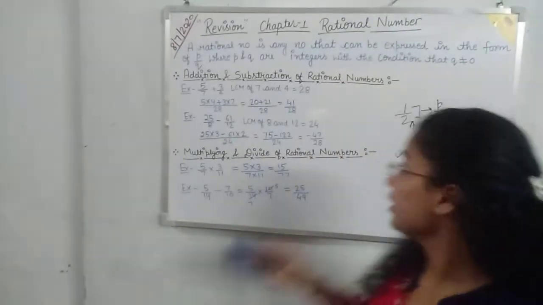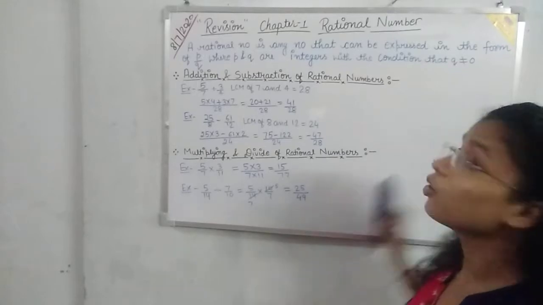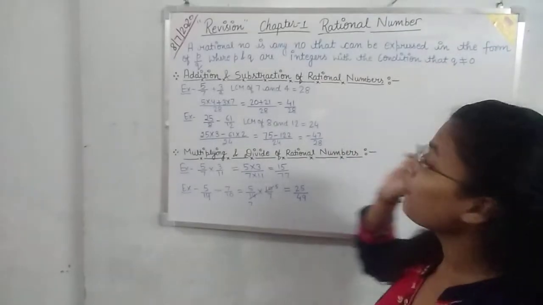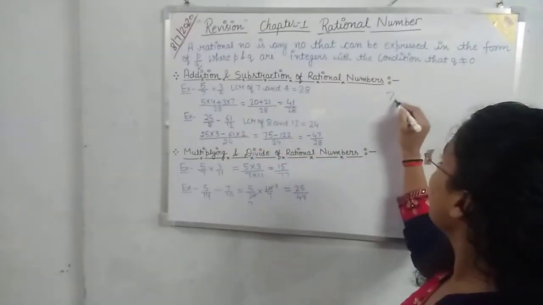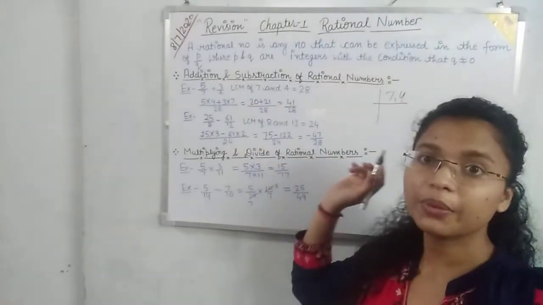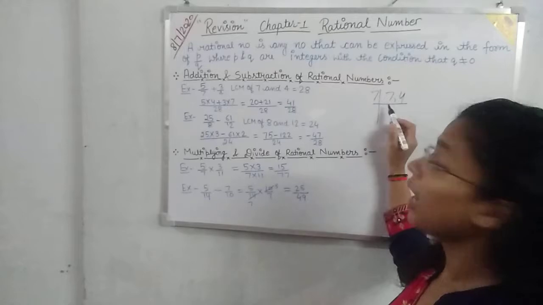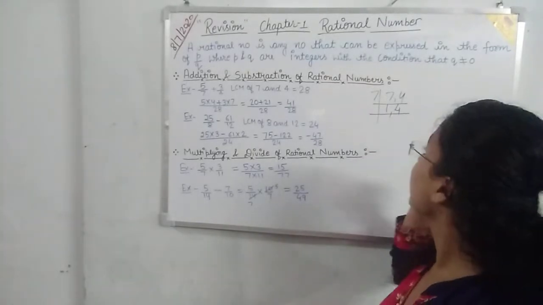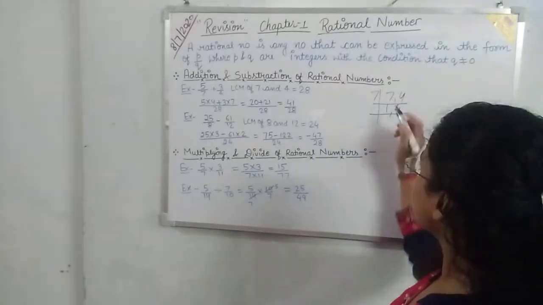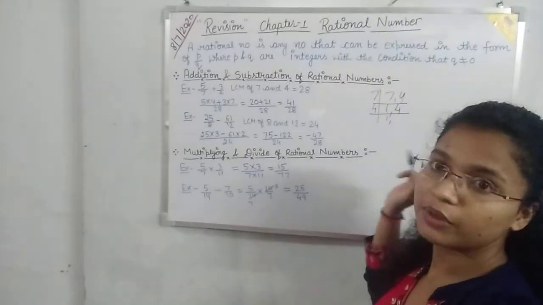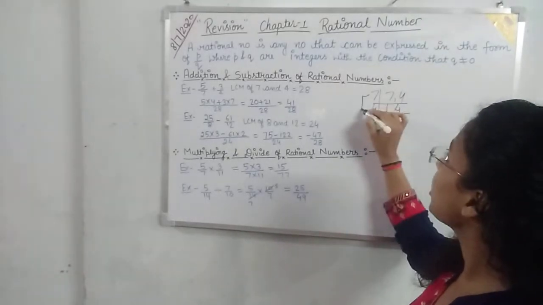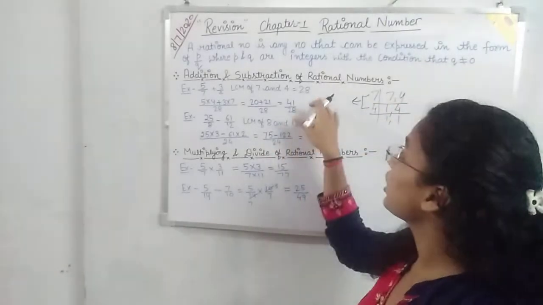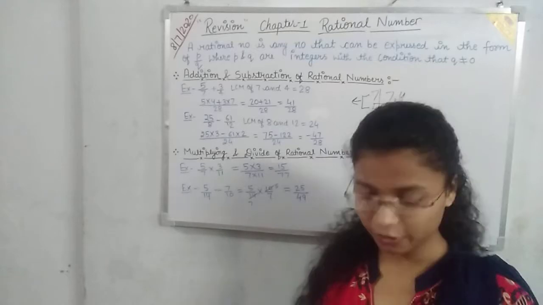You have already studied in your earlier classes how to take the LCM, but let's recall it again. Suppose you have to take the LCM of 7 and 4. How will you take the LCM? 7 will divide by 7 only. So write 7 and this will divide and you will get 1. Then write 4 as it is. Now again 4 will be divided by 4. So directly write 4. 1 will be as it is and here you will get 1. Now multiply them. When you multiply 7 into 4, you will get 28. So 28 is the LCM of 7 and 4.